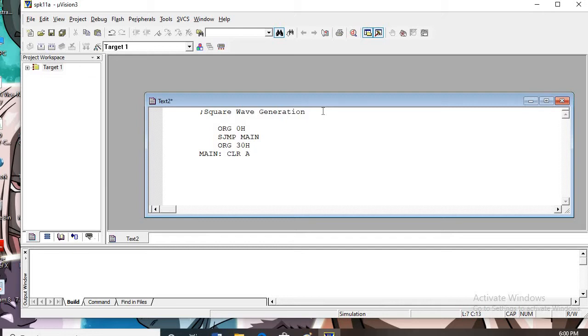So I have first cleared the accumulator. Now I will transfer that 0 into accumulator, and move it to some port. Say for example I am using here port 0.